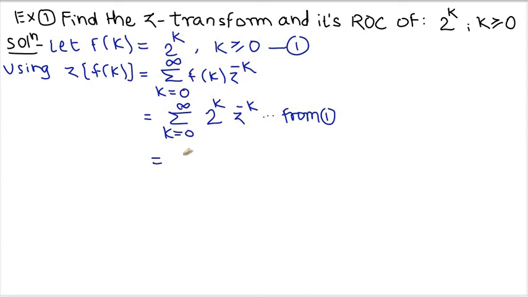Now this is equal to summation k from 0 to infinity. No doubt it is as it is. And now I will take k outside the bracket as a common. Okay, this is a common index for both. If k is common, so it will be 2, and from z raised to minus k, k is common, so it will be z raised to minus 1, right?